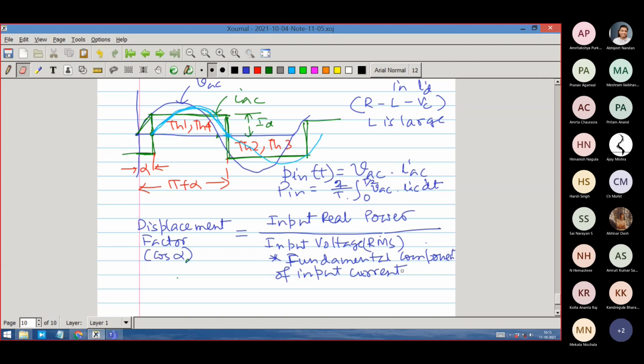So this quantity, input real power, is nothing but the integration of the actual current and the actual voltage. Actual current is easy to integrate because it is like a constant. You can easily integrate because I have taken it as a reflection of a current source. That's what I said. I am simplifying here, just to give you the essence of it.